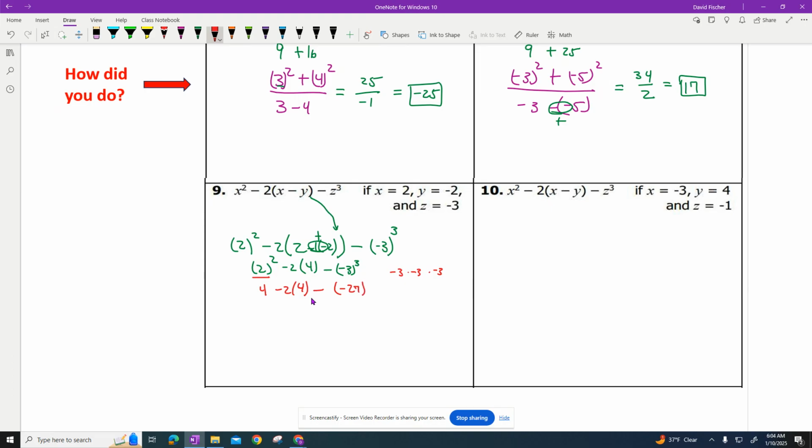Now, let's talk about your calculator. On your calculator, what you have to do is put it in parentheses. On my calculator, I have a button that's a little arrow up, and so what I would do is put parentheses, negative 3, close my parentheses, and then hit the up arrow. In my calculator window, it'll say minus 3,